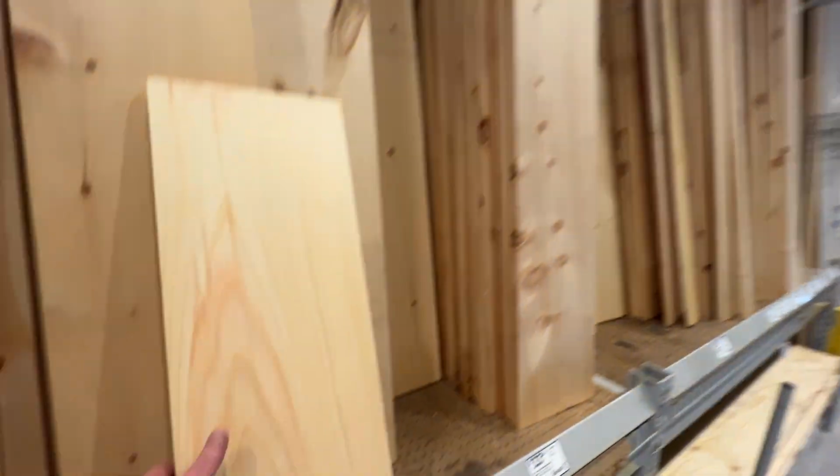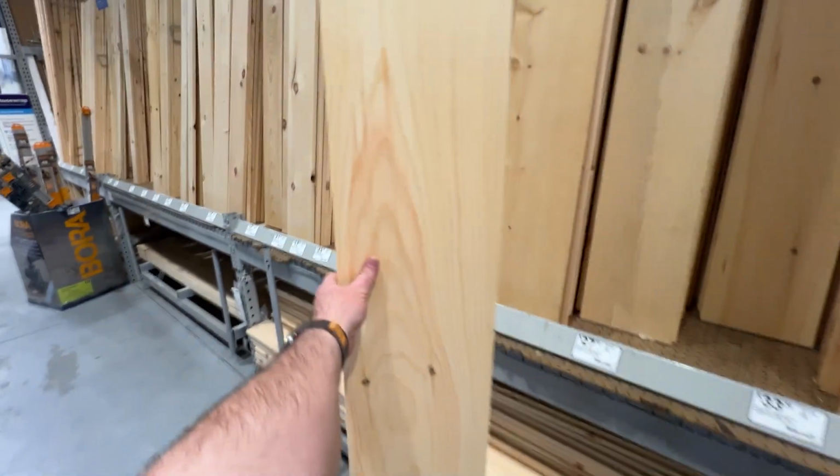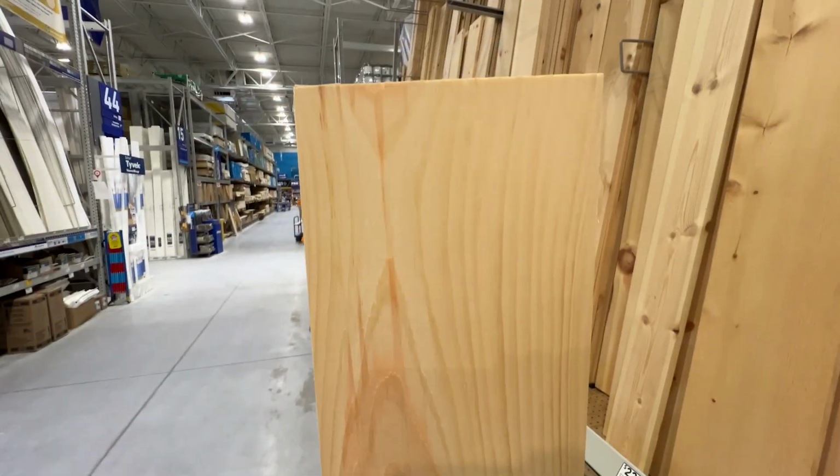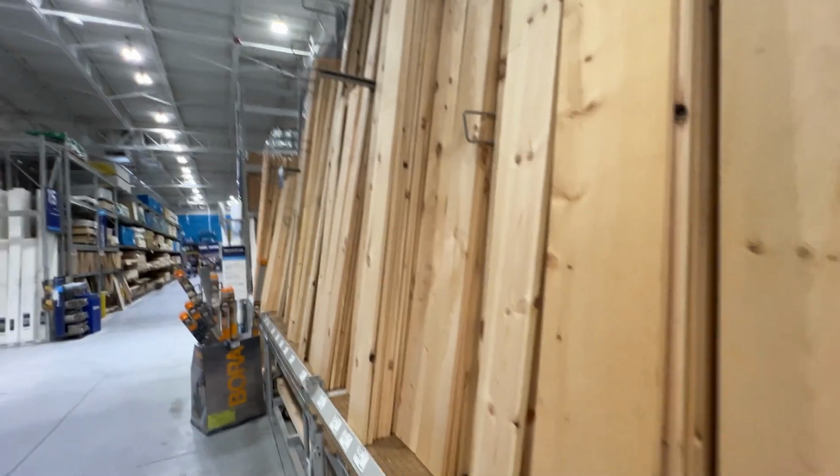Here we are in Lowe's. I got to get a piece of pine in order to do test cuts, because the next thing I do is super critical. All right, so I'm leaving Lowe's, actually. I just had to pick up a piece of pine. It's just one piece of pine. I walk up to the